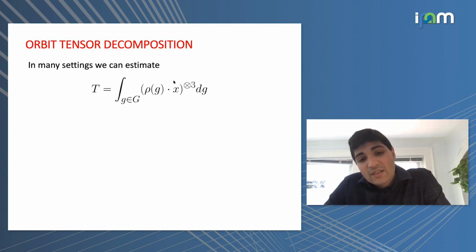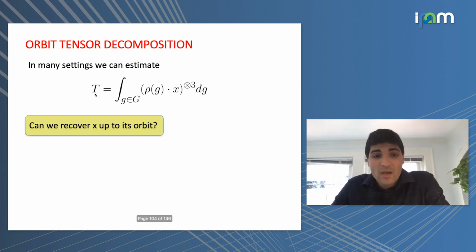I have this hidden X vector, which is a dimension n vector. And now instead of summing over a discrete set of possibilities that represent my latent variable, I'm integrating over G. That gives me this tensor T on the left-hand side. This is now no longer obviously a low-rank tensor. In general, it won't be. It will have high rank, but it still has some